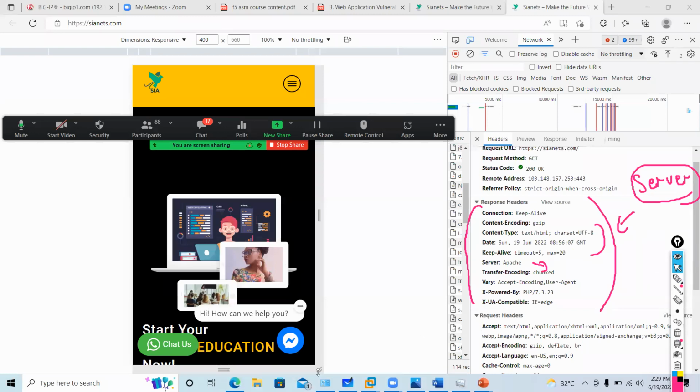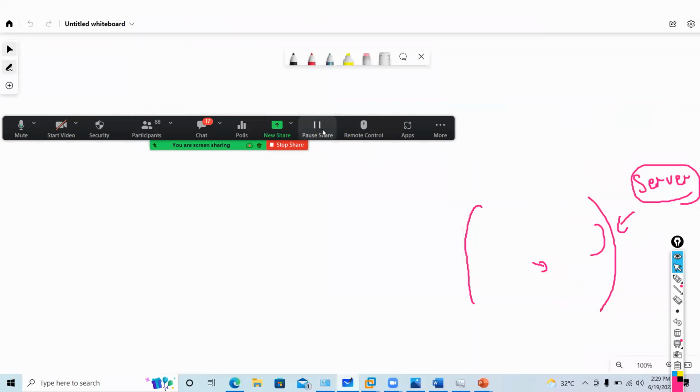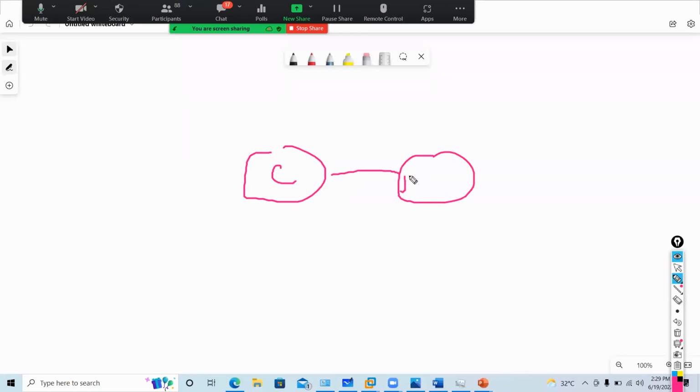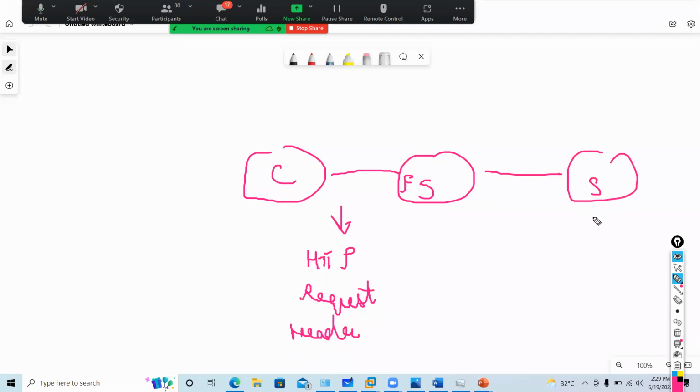We will discuss this in detail, but to give you an overview, request header means when the client is sending a request to F5, that is called the HTTP request header. And when the server is sending a response, that is called the response header.